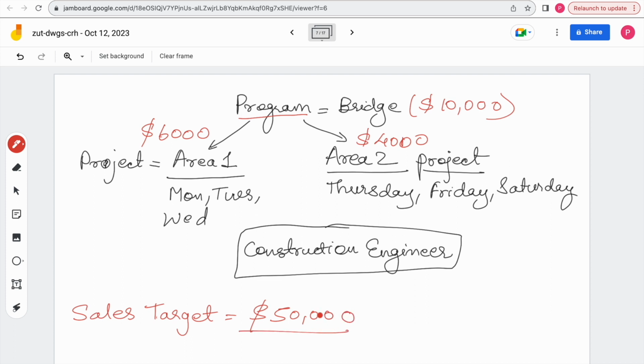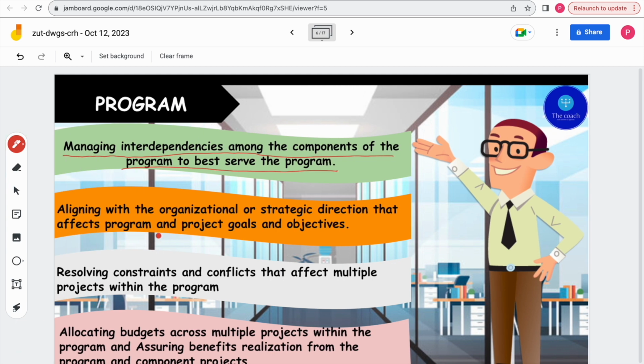Okay, from the bridge project, we are investing 10,000 and my organization expects 50,000 ROI, return on investment, from this. So now the program manager has to see how he distributes funds between these projects so that my project can give the desired ROI, or desired return. Okay, so this is the importance of managing the program,